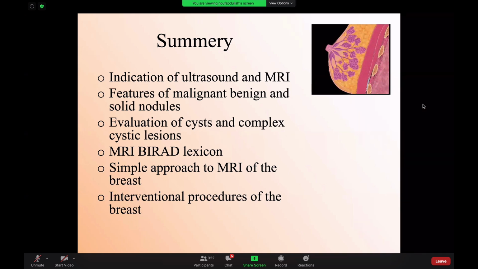You learned about the core biopsy. What is the size of the core biopsy? It is 14 gauge. You learned when to use ultrasound for biopsy. You learned about what is the indication of vacuum-assisted biopsy. What is the size of the vacuum-assisted biopsy needle? It's usually ranging from 9 to 12 or 13. We always put a marker post-biopsy, and then you learned as well, when do we use MRI-guided biopsy? Whenever we have a lesion that is visualized only on MR and not seen on anything else.